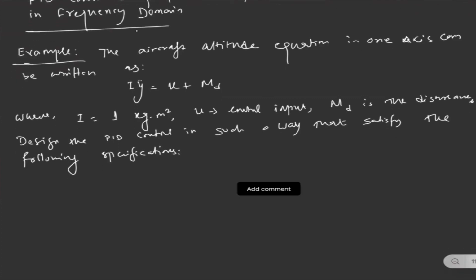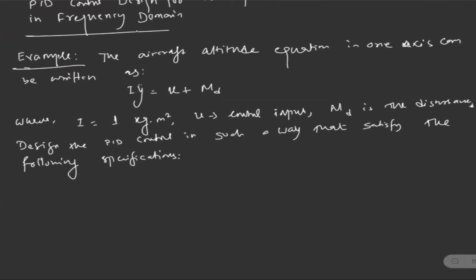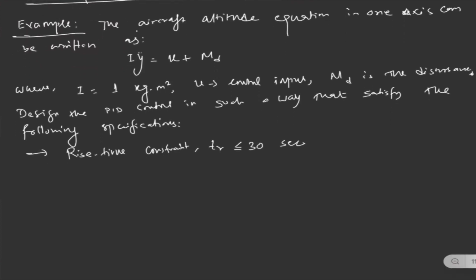The following specifications are basically the mission objective of the problem. So the first specification is the rise time constraint, which is TR less than 30 seconds. The system should reach the desired value within 30 seconds, and a maximum overshoot constraint